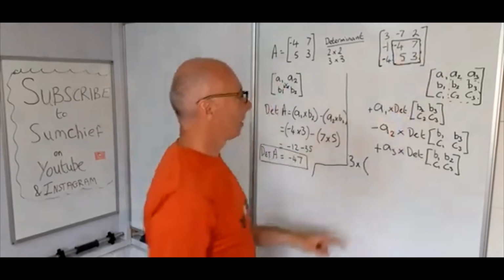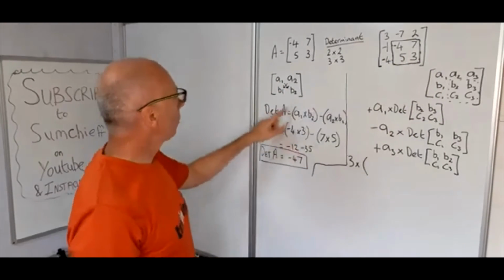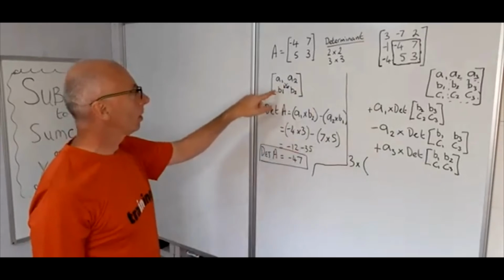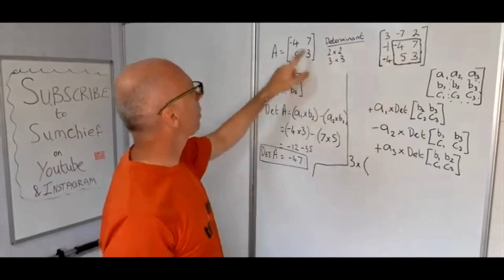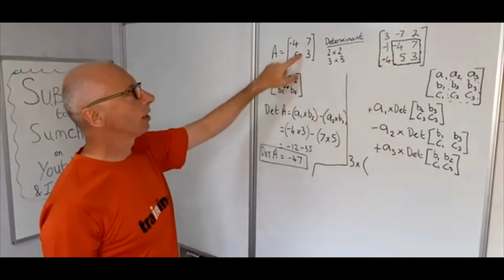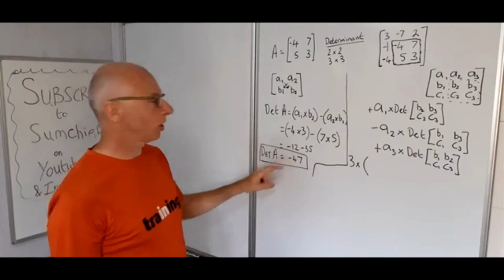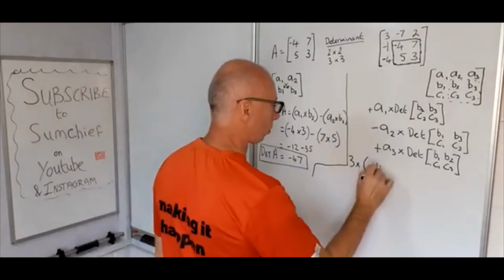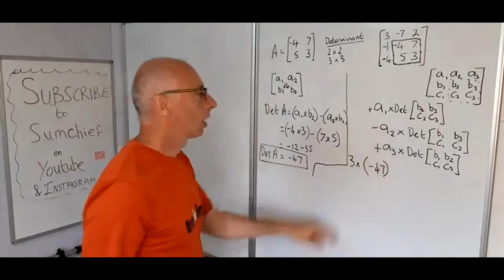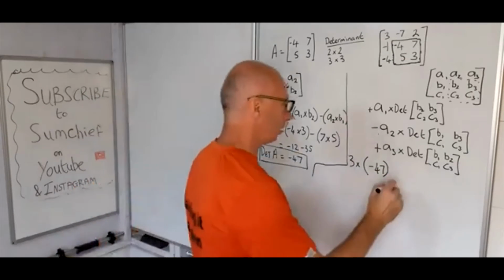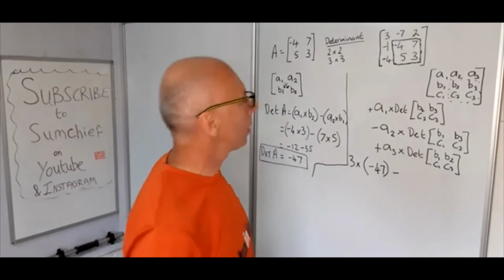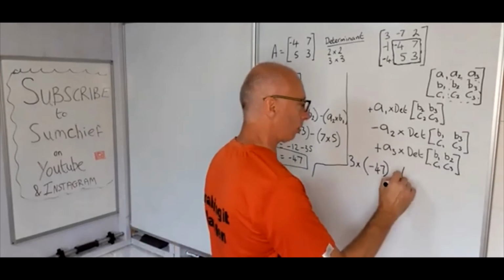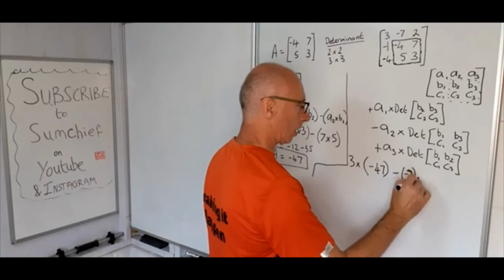Okay, so using this formula here, doing the cross method, we have minus 4 times 3 and 7 times 5. Well, we've already done that one, and we've come up with the answer of minus 47. So this one is already done for us. Now we subtract A2. A2 is minus 7, so we subtract minus 7 times